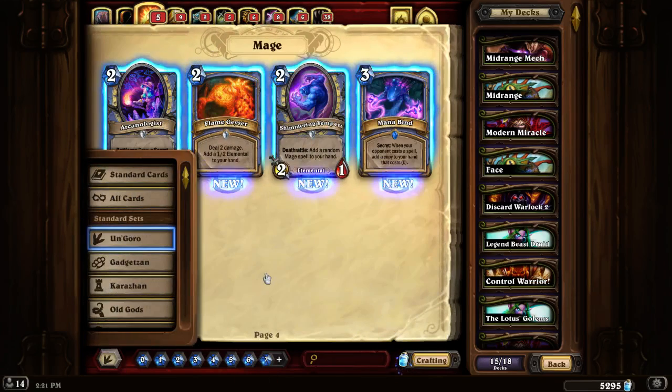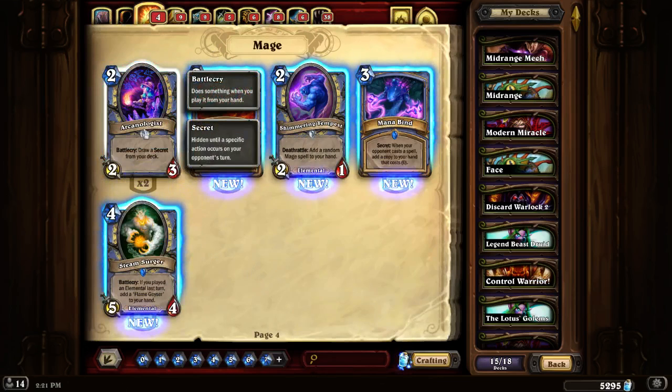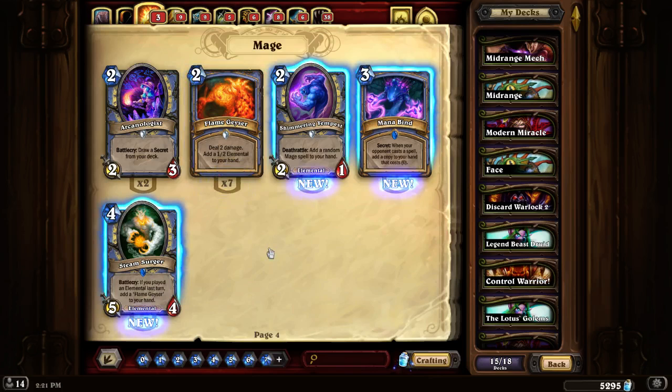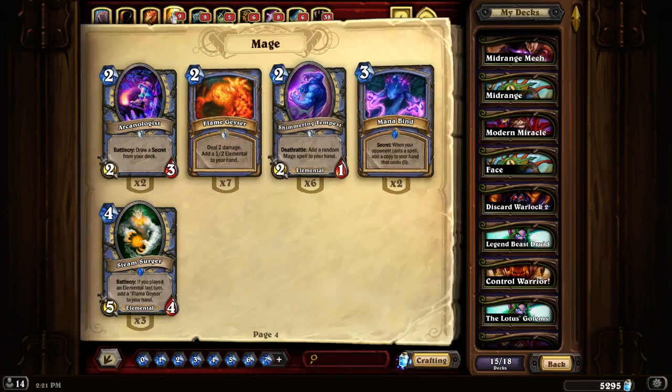Ungoro. So, draw a secret from your deck. Deal 2 damage, add a 1/2 elemental to your hand. Add a random mage spell to your hand. Doesn't look like I got a lot of cool stuff for a mage. I have the secret. That might be fun. Maybe I'll do an elemental deck in mage, but